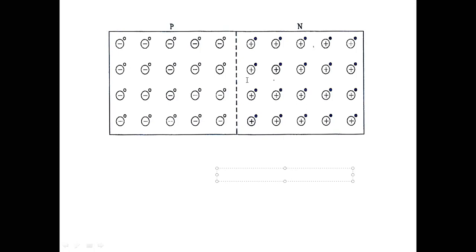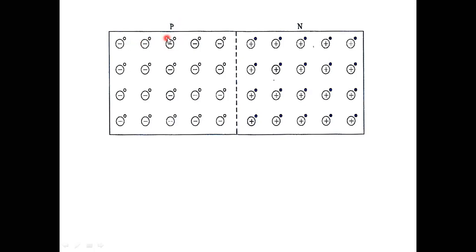Okay, so here the interatomic distance is very small when compared to the interatomic distance in a PN diode. Of course, it is also marked as P here and N here, because a Zener diode is a special type of PN diode. It is a very highly doped PN diode.